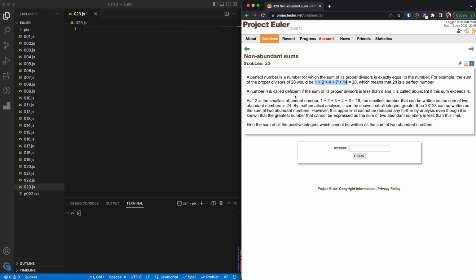A number n is called deficient if the sum of its proper divisors is less than it, and it's called abundant if the sum exceeds n. For example, all the prime numbers will be deficient because the sum of their proper divisors will be just 1. So for example, 29 will be a deficient number. 12 is the smallest abundant number, because 1, 2, 3, 4, and 6 add up to 16, which is